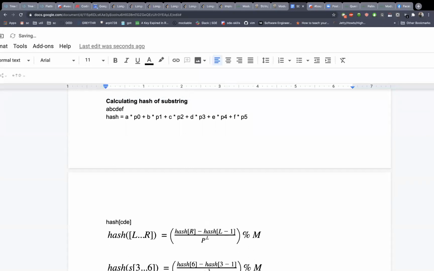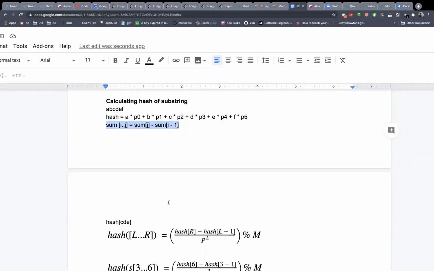There is a concept which we use every time we solve a prefix sum problem. You would have probably seen that the sum of i to j equals the sum of j minus the sum of i minus 1. If we have a prefix sum array and want to find the sum of any subarray, it can be denoted by sum of j minus sum of i minus 1. It's a very standard thing that we do whenever we solve a prefix sum problem. I hope this formula is clear.